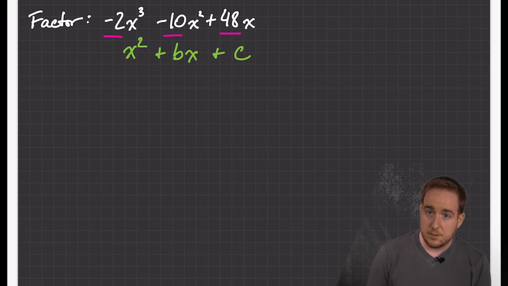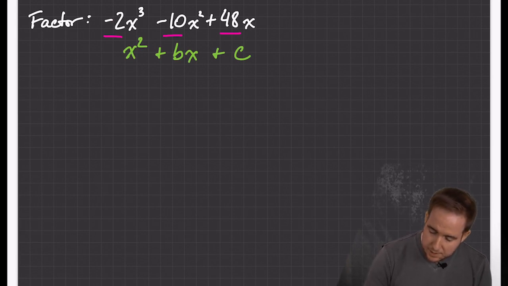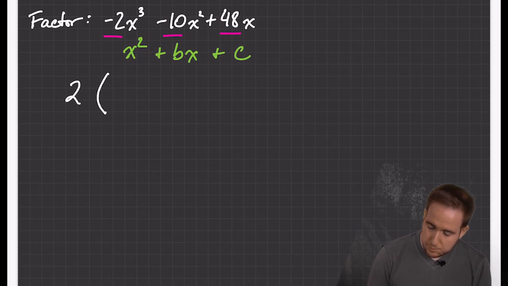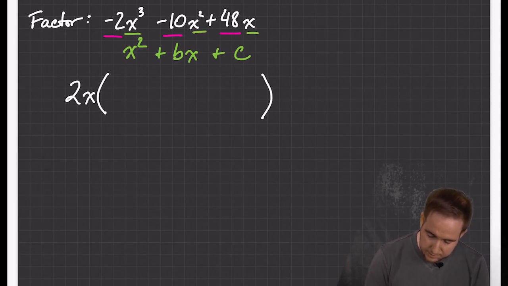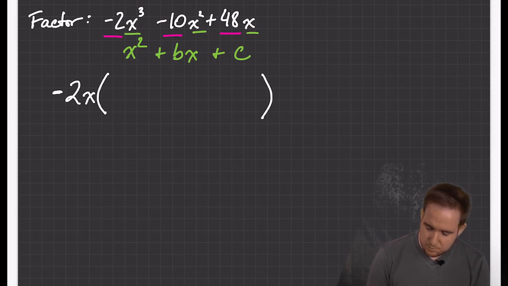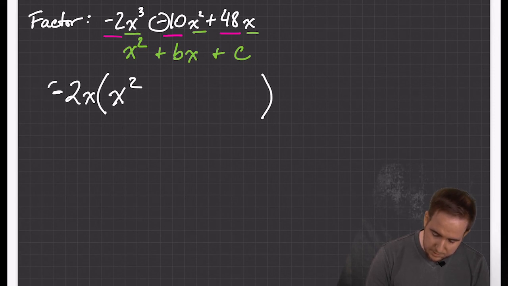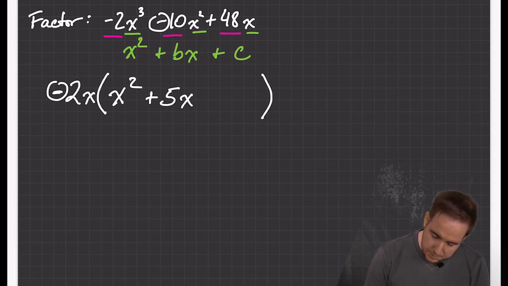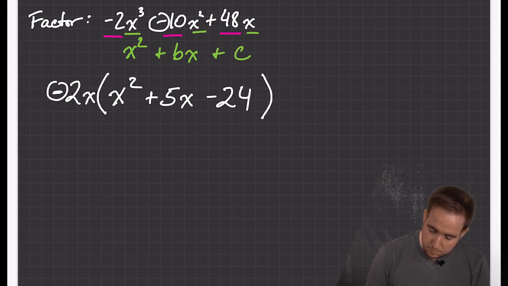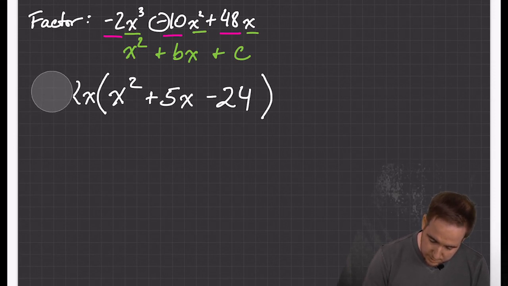all of those numbers are divisible by 2. That means I can have a bracket with a 2 in front of it. Also, all of these contain an x. So I can take 1x. I can also take this minus 2, and I'm going to have to do that if this is going to work. So this will be x squared. I have pulled out this minus, so it's here. So all of these signs change. There, and this will be minus 24. Let's just tidy that up